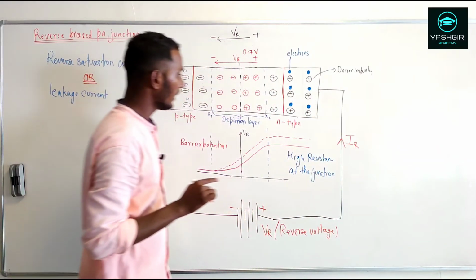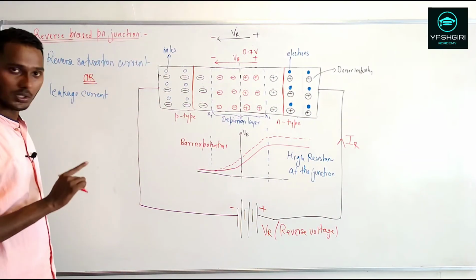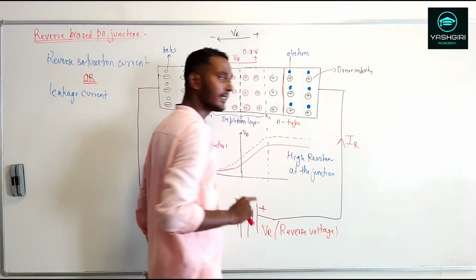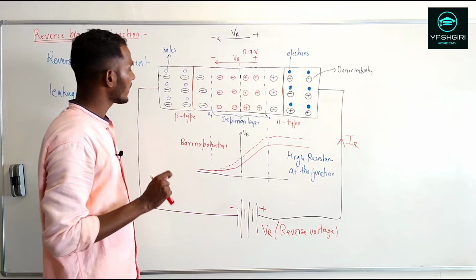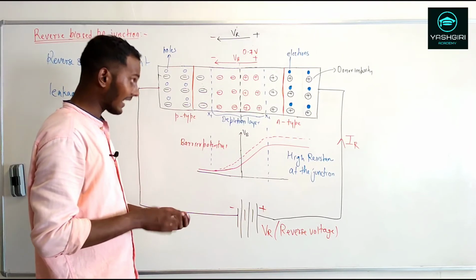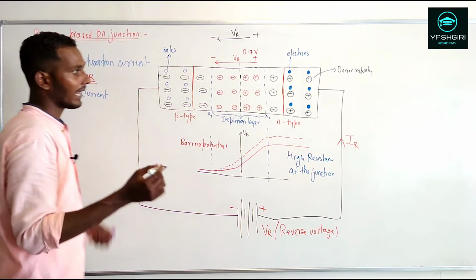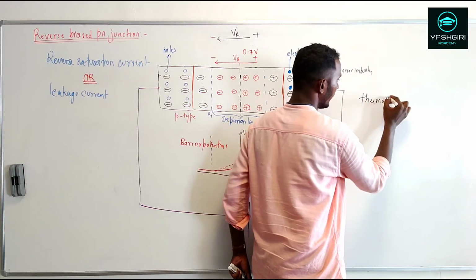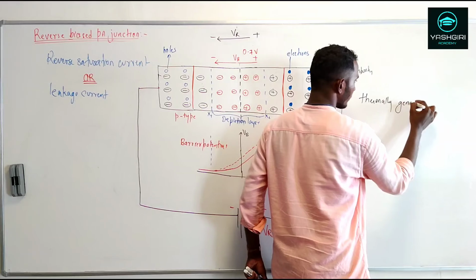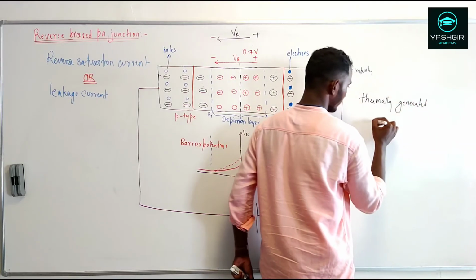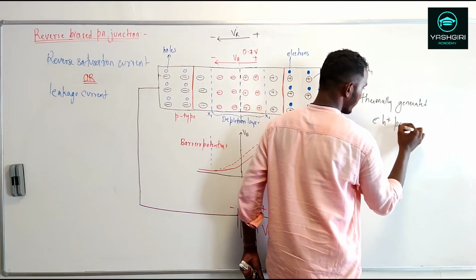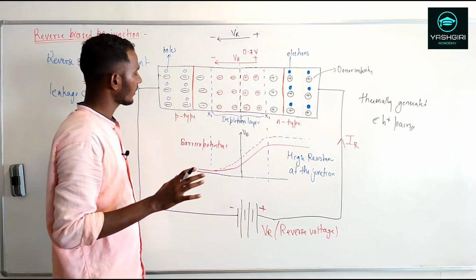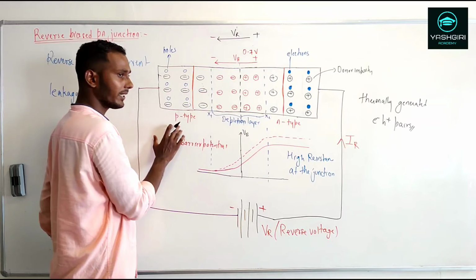IR stands for the leakage current, or else the reverse saturation current. Now the reason why we are having this small amount of current in this setup is just because of the thermally generated electron-hole pairs. Now as a result of the heat energy, the electron, if you see this p type,